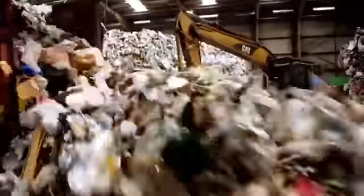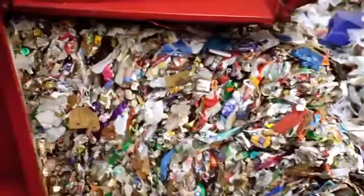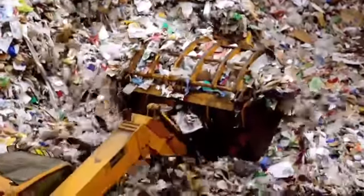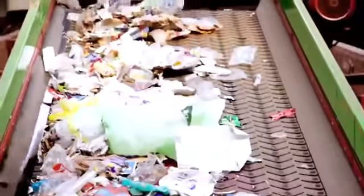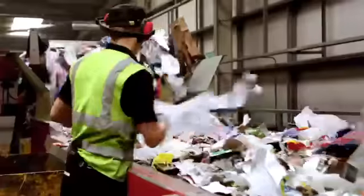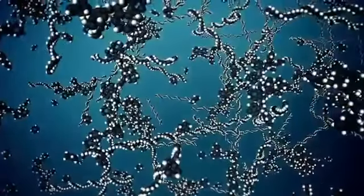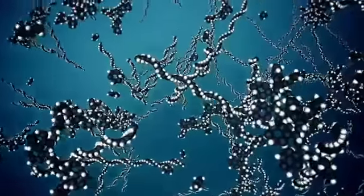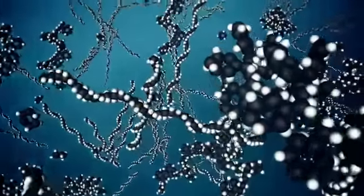We live in an age of plastics. Polyvinyl chloride is found in anything from pipes to window frames, polypropylenes in margarine tubs, even fibres for carpet, polystyrenes in building insulation and protective packaging, and we find polyethylene in anything from our plastic bottles to bin liners. They all have one thing in common. They were once oil, a mix of chains of carbon and hydrogen, which all have different properties depending on their